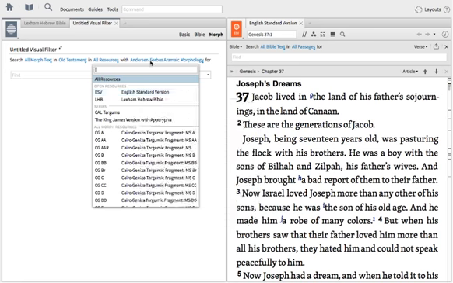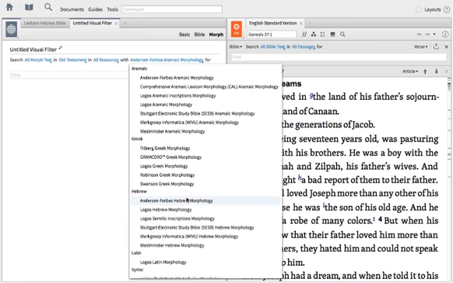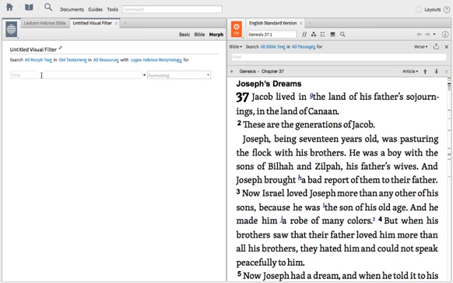And lastly, with the source we actually want to use, the morphology, we could either use the Andersen-Forbes Hebrew morphology or the Logos Hebrew morphology. I recommend the Logos Hebrew morphology right now. The terminology it uses is much closer to what we actually use in class, so you'll be more familiar with it. The Andersen-Forbes has more advanced and more detailed information, but we don't need to get into all that right now. So we've got those parameters set. What you'll want to do